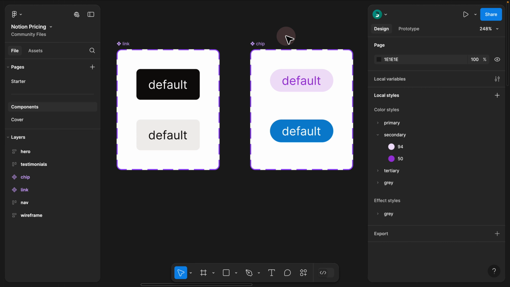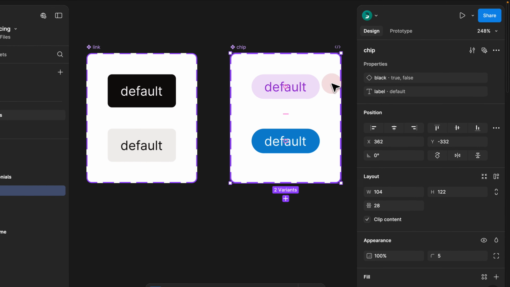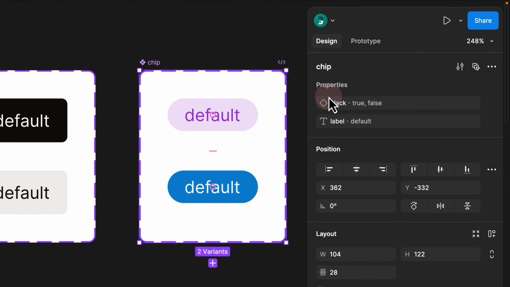Step 2. And finally, we have to reassign the values. If I take a look at the chip component variant, here we have true and false. We exactly want to keep the same values. The only thing is instead of black, we want to turn it into purple. So here we would just rename this to purple and we exactly keep everything the same,